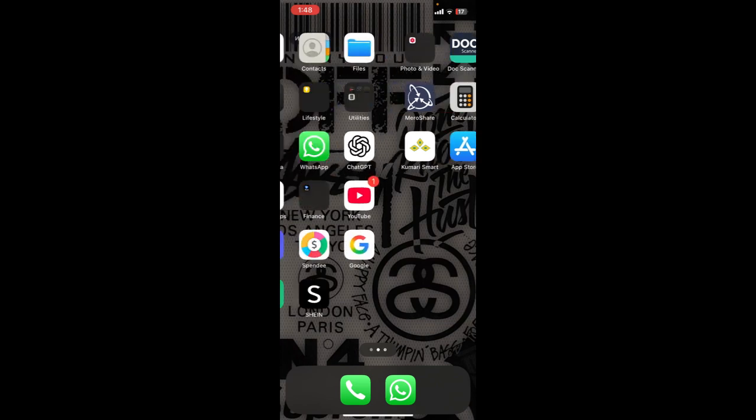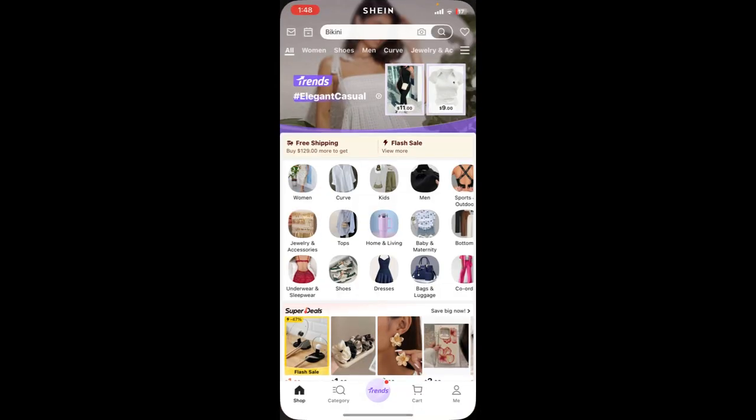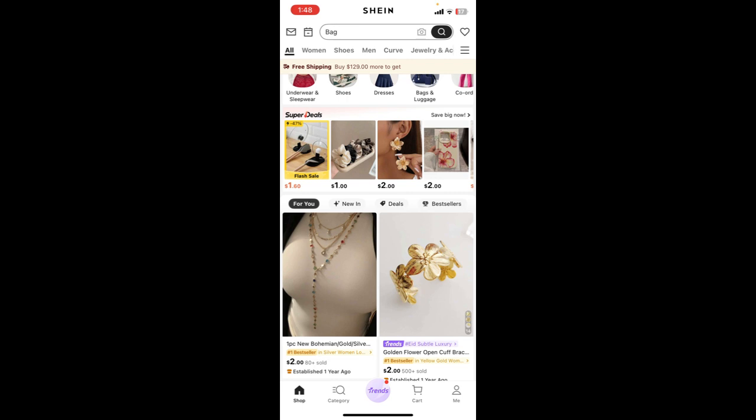First of all, open Shein application on your mobile device. Once you open the Shein application, now log in into your account with your registered email and password. As soon as you get logged in, now just go over the product that you want to add on your